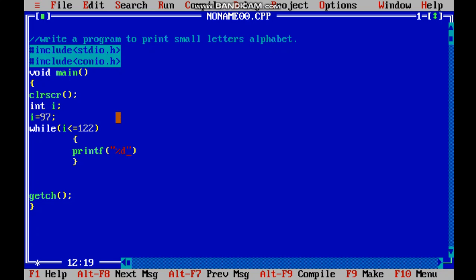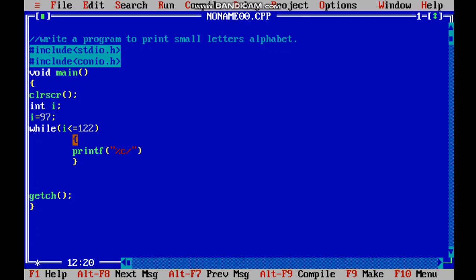So if I print modulus d, I am going to get the result as a number, but I don't need the number. I already declared i to be integer, and I initialized it from 97 till 122, and that was playing with numbers. Now I want the answer in character form, in small letters, so modulus c will work for that.